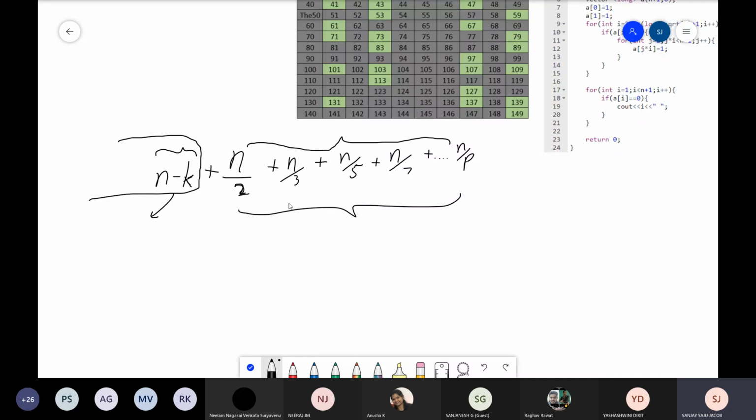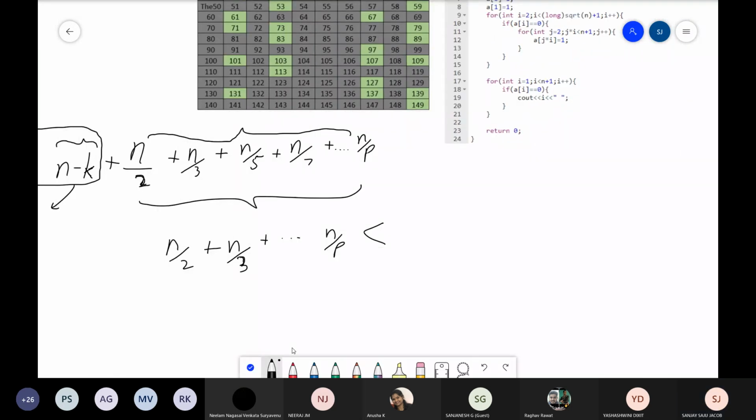Okay, so for this complexity right here, n by 2, n by 3, plus so on till n by p, we have to find an approximation. If we find an approximation, we definitely know that this particular sum is less than